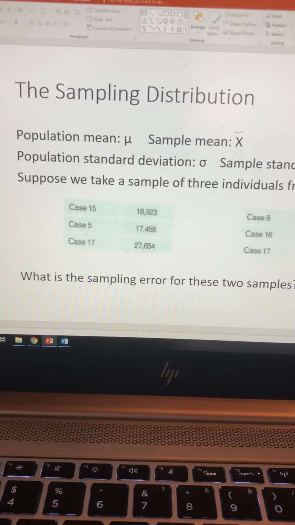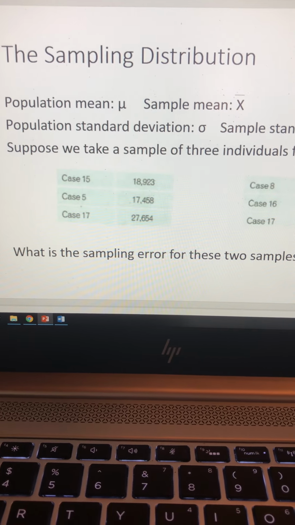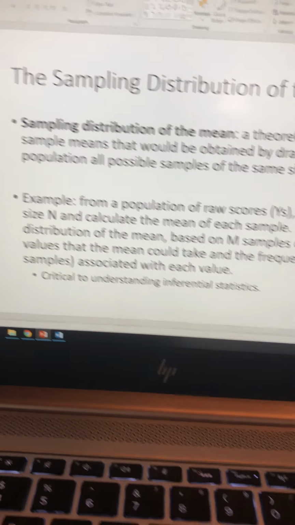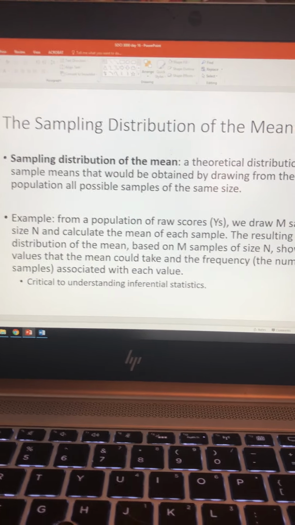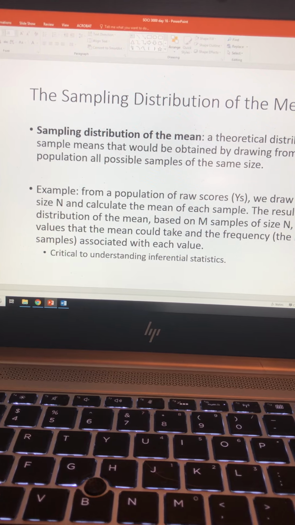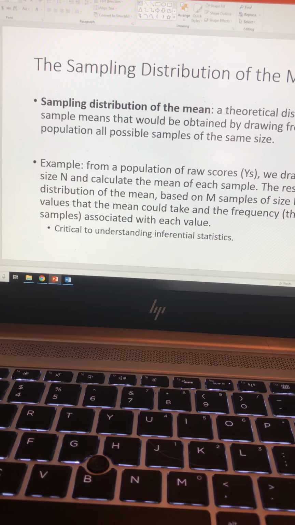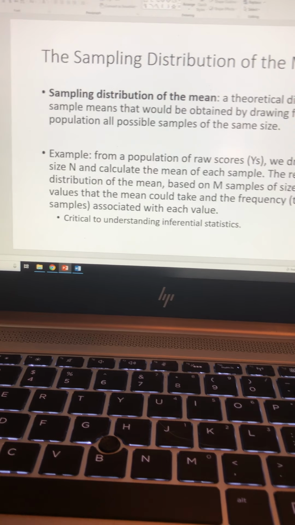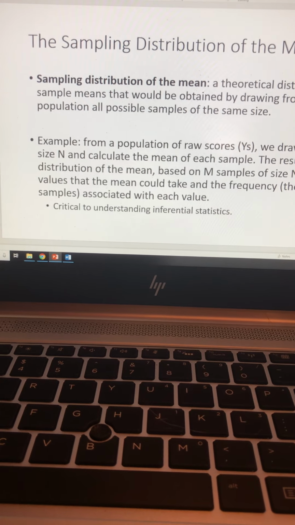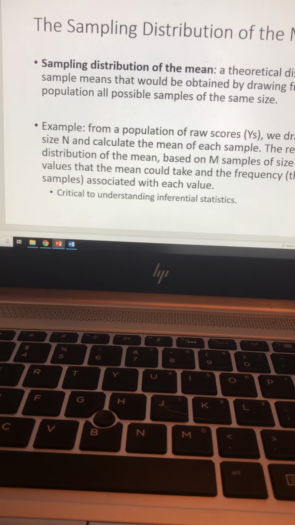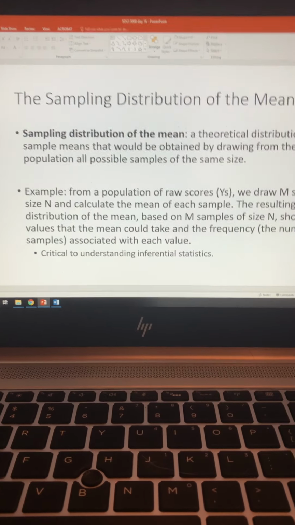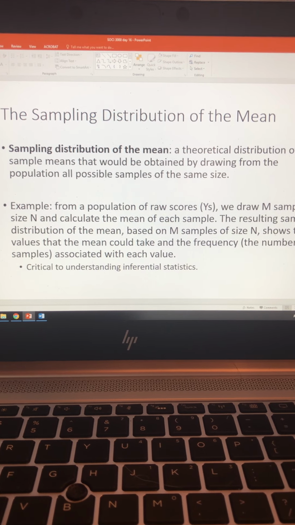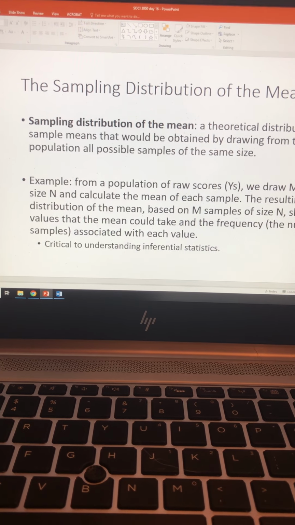So again, the essential question is, what is the sampling error for these 2 samples? Okay, we can figure out the mean, but we want to know how accurate the samples are. Well, it all kind of relies on this basic idea, and this is very theoretical. It can be a bit confusing. Bear with me. I think doing some examples and thinking about it will make it more clear. But the idea is that if we have what's called a sampling distribution of the mean, okay? So imagine